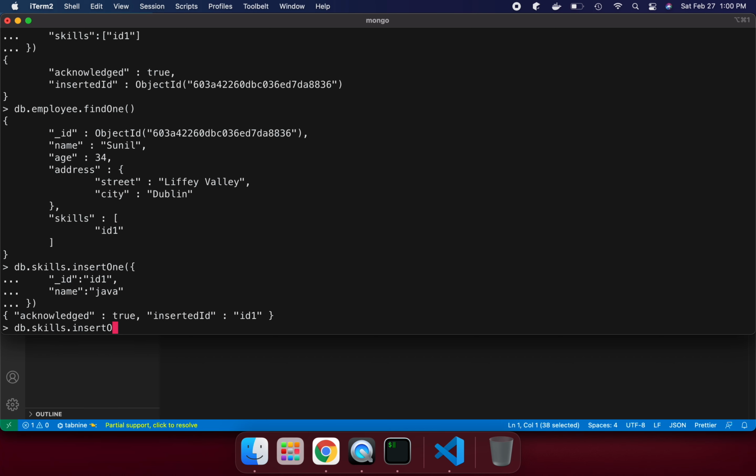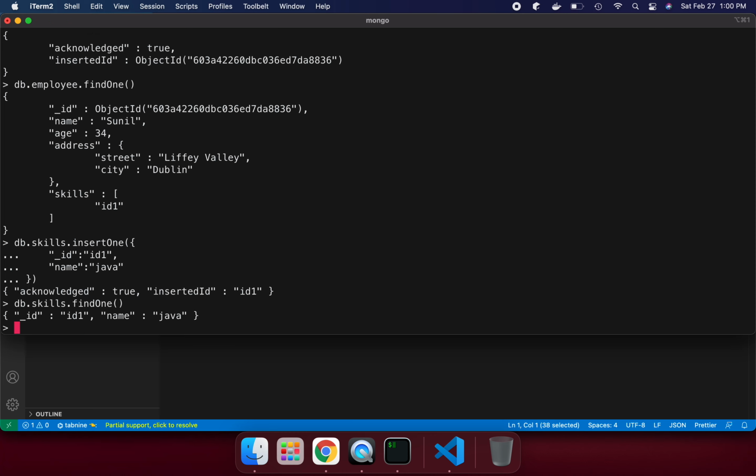So findOne, okay. So here both documents are now inserted, right? And if you want to fetch whatever skill set I have here, and find out from this employee collection, how can we do that? So we need the id, right? Generally we do db dot employee, and if we want to match these 2 data, generally we do it through the id, we can get this information and combine them with each other.